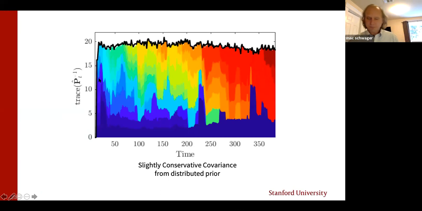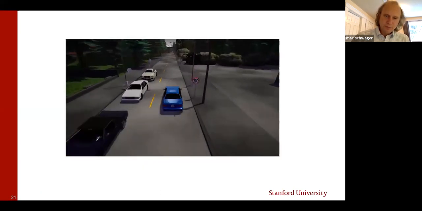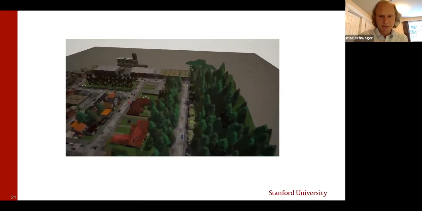This also highlights an aspect that I've glossed over, which is information handoff. When one new car enters the network to track, so one new car comes into close proximity of the target and starts participating in this target tracking exercise, then it needs to initialize with some prior. And we have this whole handoff procedure for how that's initialized in a distributed way. I don't want to get bogged down in those details, but we do this handoff procedure. Okay, so you already saw this simulation.